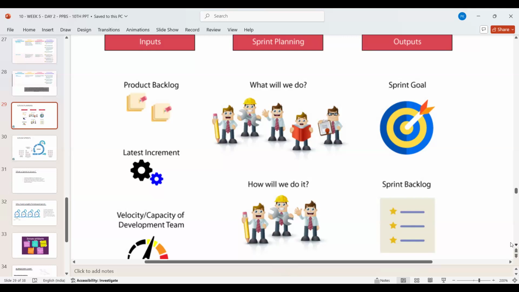So in short, this means how much that particular team can work or can deliver during this given period of time. On this topic, Gaurav has prepared a very detailed and good video that I will request him to share later, so that you can go through. That is for velocity and capacity of a team. There you will get a detailed understanding of what it actually means. But in short, it means